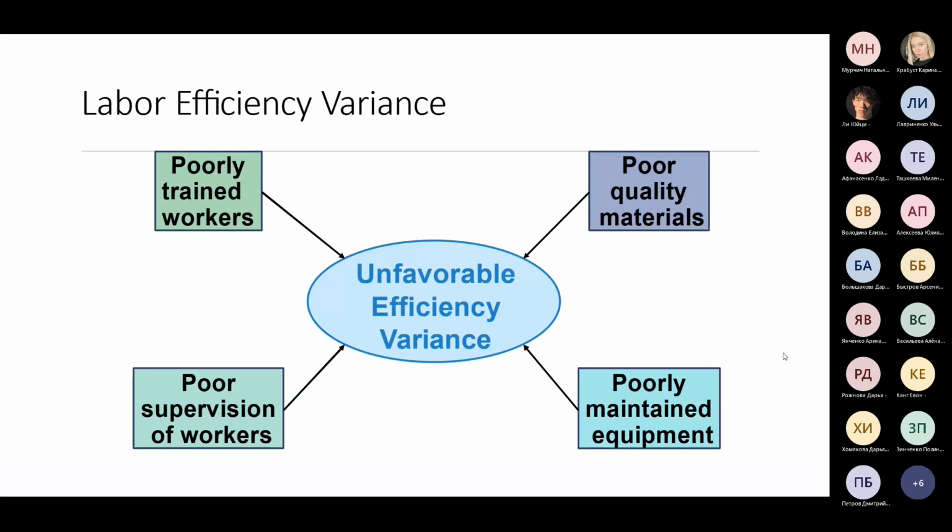So labor efficiency variance, if we take a closer look, may be unfavorable due to several reasons. First of all, it would be poorly trained workers. If they do not have enough skills, they may create the same product quite slowly, or slower than their neighbors, or they could make more mistakes that we need to fix, and they may make damaged products or waste, and that's why poor training is a very serious reason for unfavorable efficiency variances